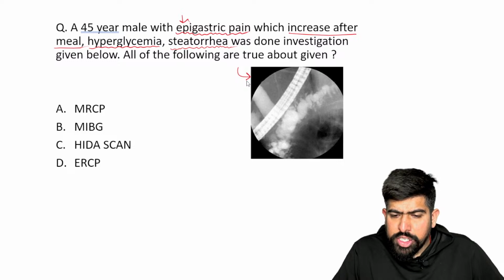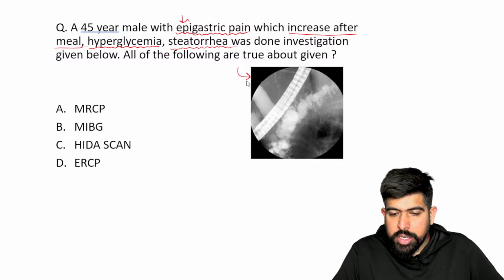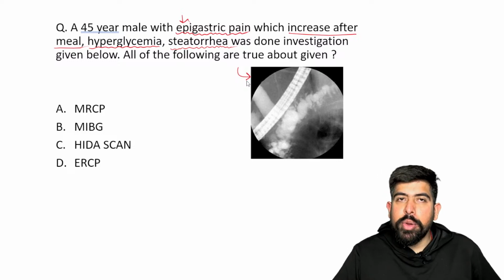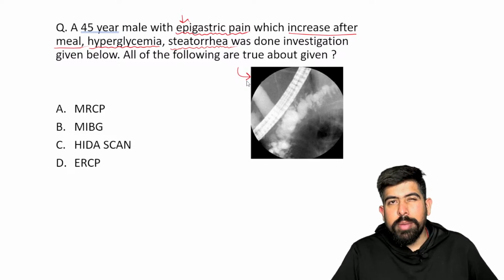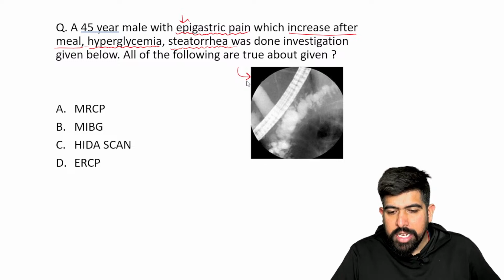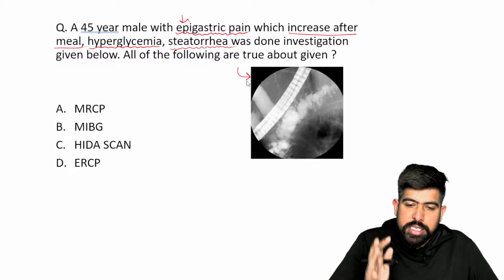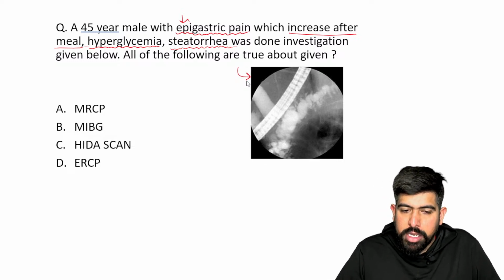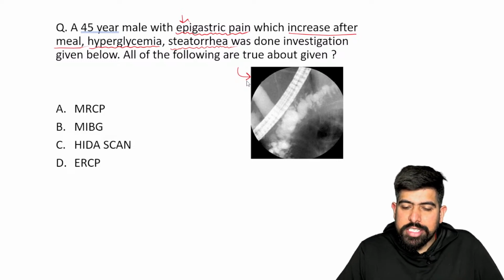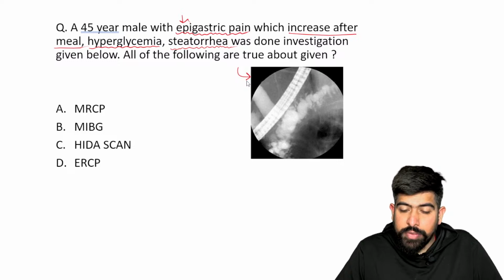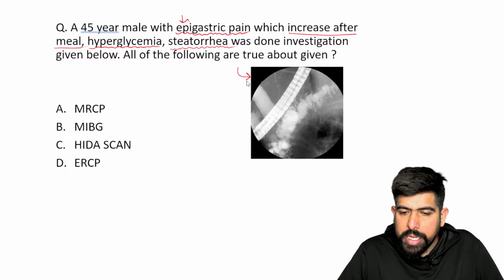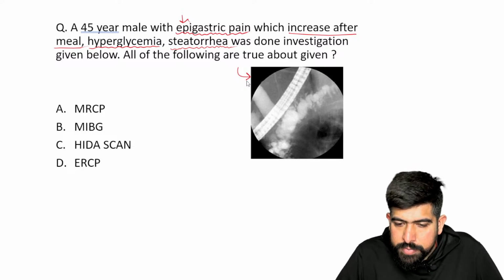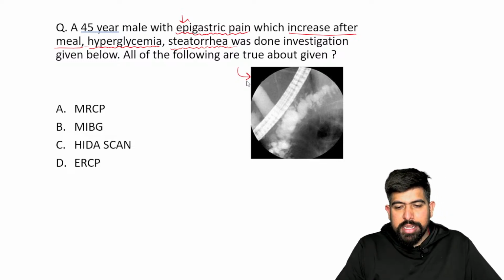In peptic ulcer perforation, the complication will be bleeding, doctor. If the peptic ulcer is going to burst, right, if the peptic ulcer is going to perforate, the bleeding will be more. Because the peptic ulcer is on the inner side of the abdomen, maybe in the duodenum, the starting part of the duodenum, D1, right? If it bursts, there will be more bleeding. Okay, and yes, the tube is visible.